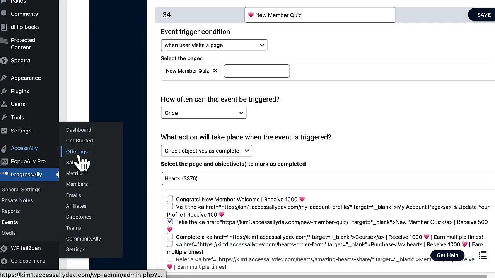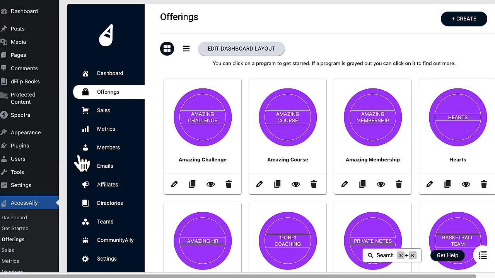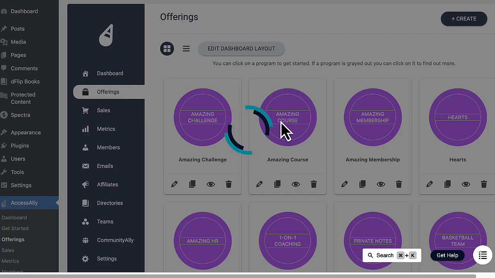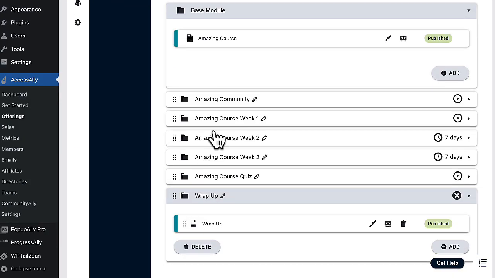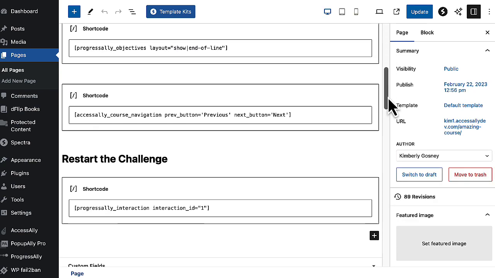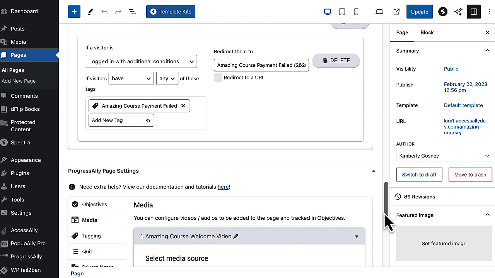Our next step for this one is to go to the offerings that they can complete to earn points and make sure that we run the points when they reach completion. So if I go to a different offering, any offering inside my site, I can go down to the first page of that offering. And if I have an objective checklist tracking completion on that first page,